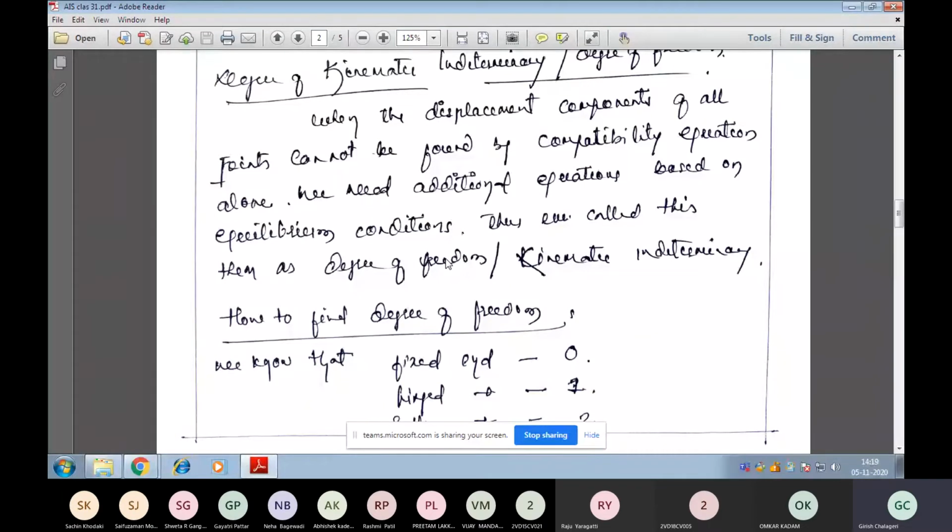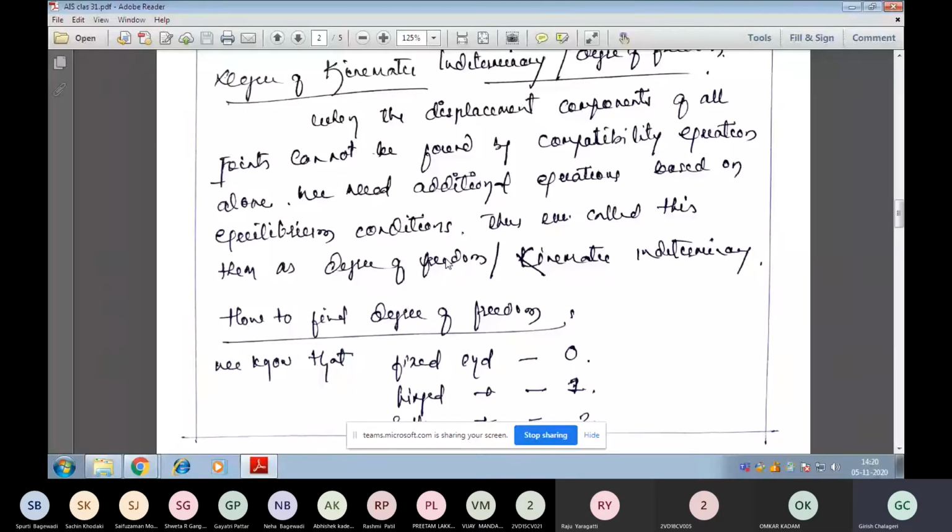So we call the degree of freedom for a roller support 2. If it is a fixed end, it cannot move in the horizontal direction, it cannot move in the vertical direction, and it cannot rotate in any direction. That is why the degree of freedom is 0, meaning the joint doesn't have any freedom to do anything. Degree of freedom is related to the joints only. That joint is unable to rotate, unable to move horizontally, and unable to move vertically.